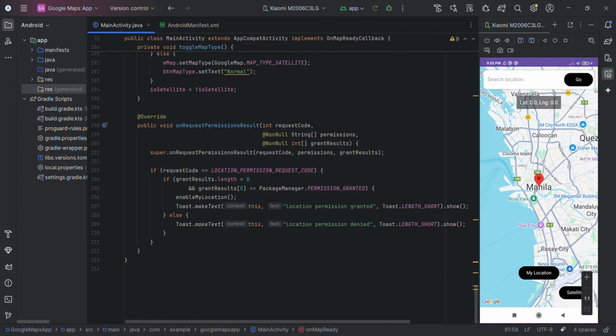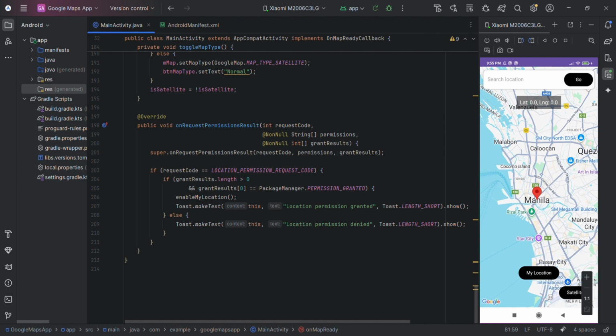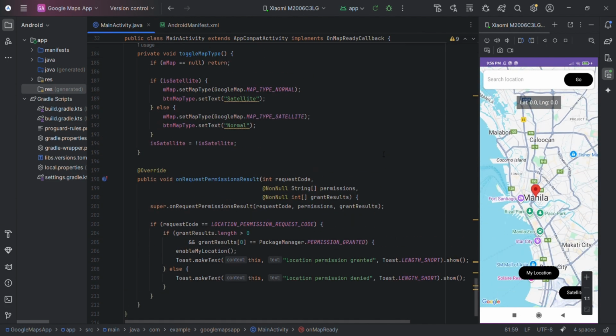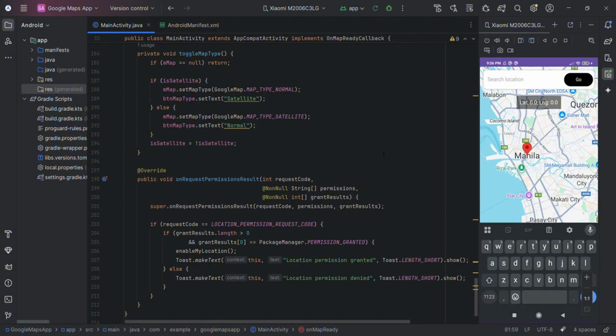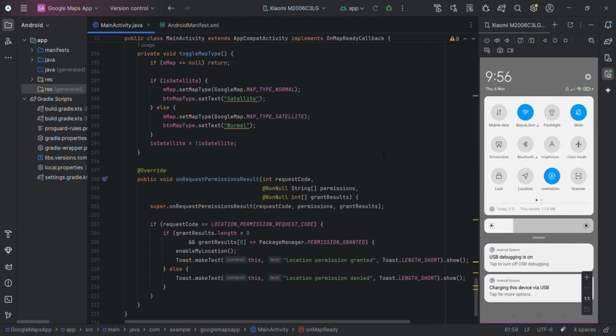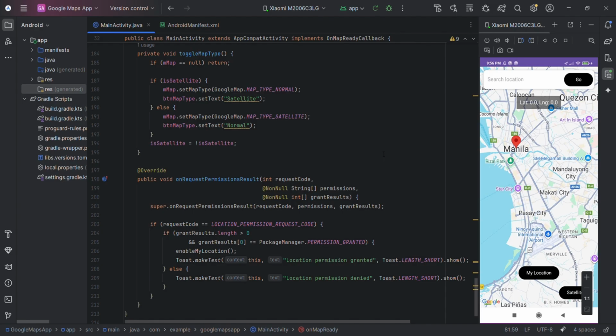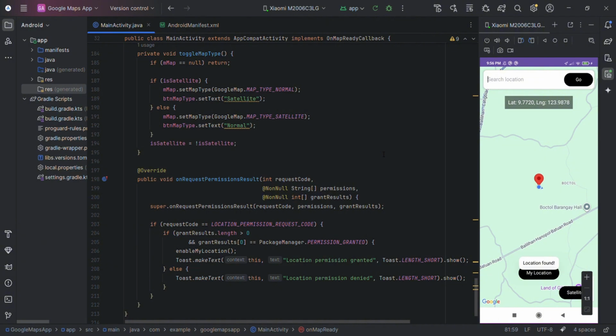When I open the app, the default location is Manila. If I tap on my location, the app zooms into my current location.